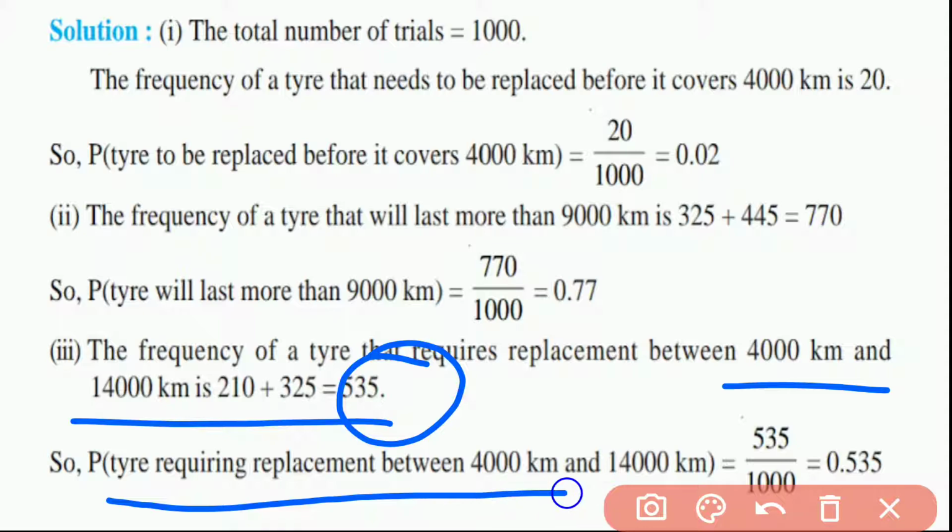So the tires to be replaced between 4000 and 14,000 is 535 divided by 1000, which is 0.535. When we sum up 0.535 plus 0.77 and the probability of the first scenario, 0.02,